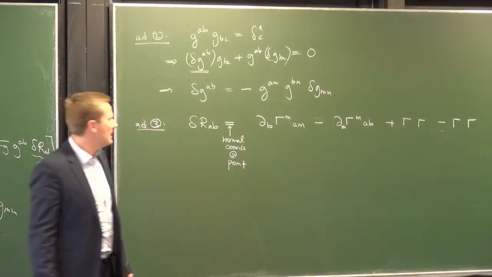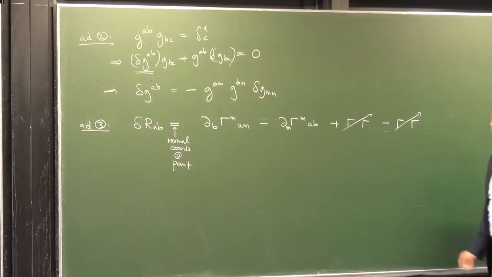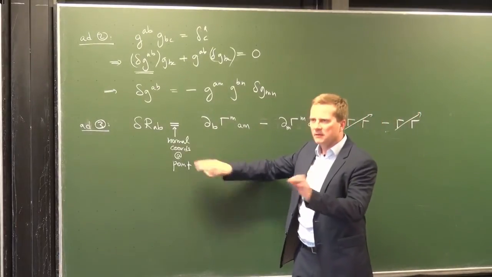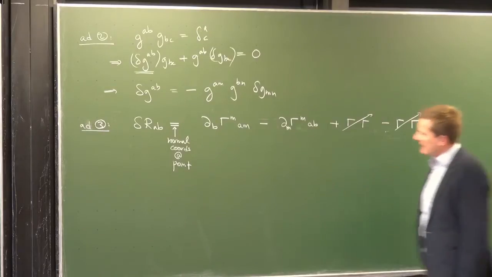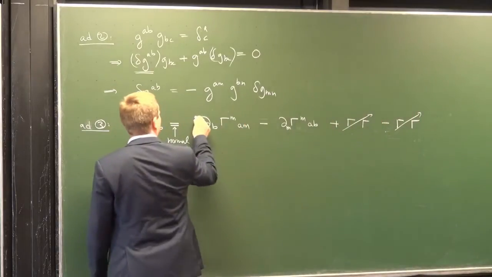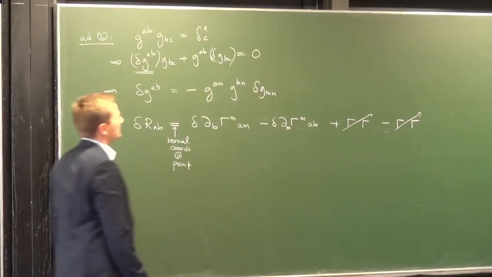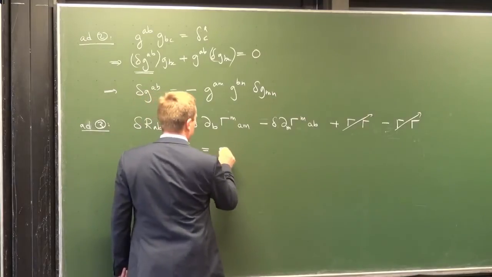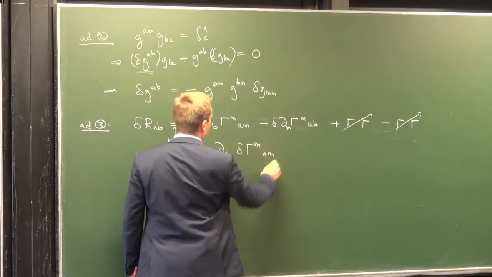You saw this, but because we're in normal coordinates, these go out. The derivatives remain because normal coordinates are just at the point. So at the next point it could be different, but these guys go. But now we take the variation of this. So it's the delta of this and the delta of that. Now the next step consists in observing, and in fact I can formulate this here as a nice rule, that